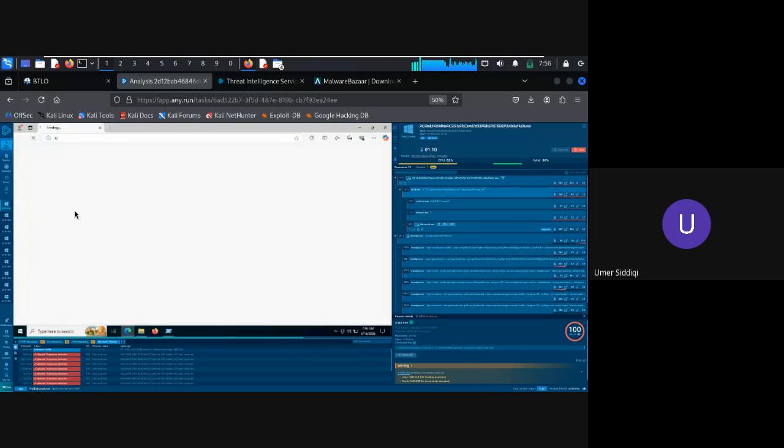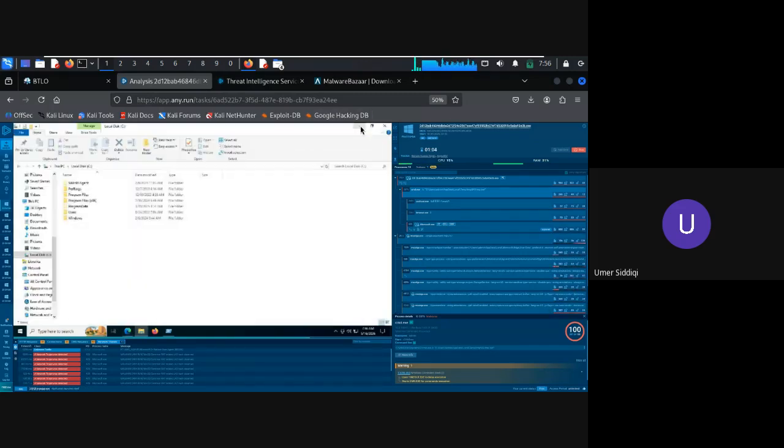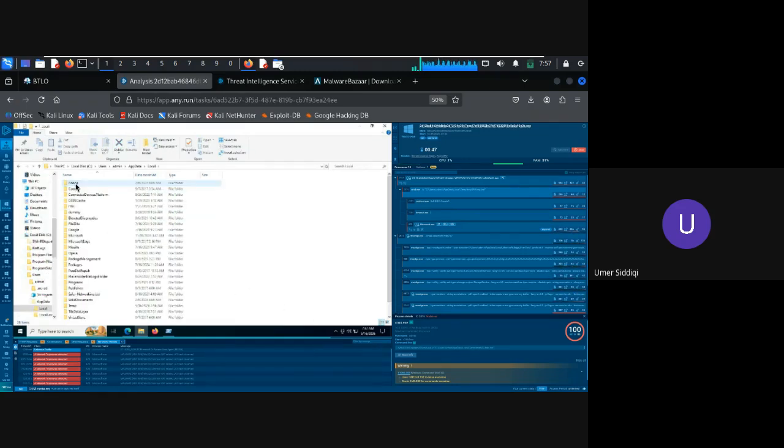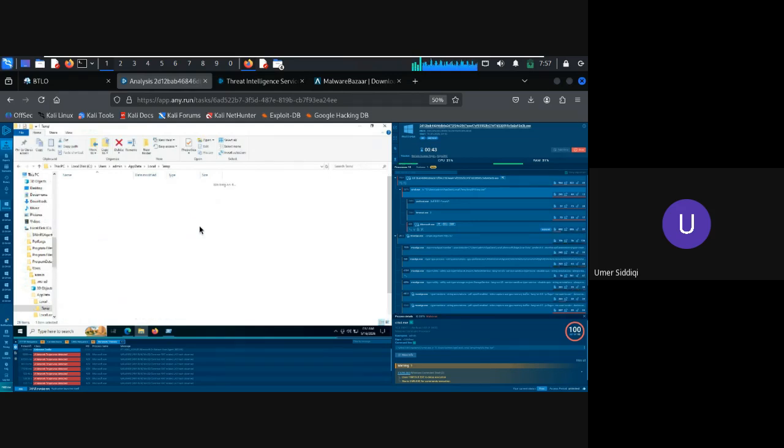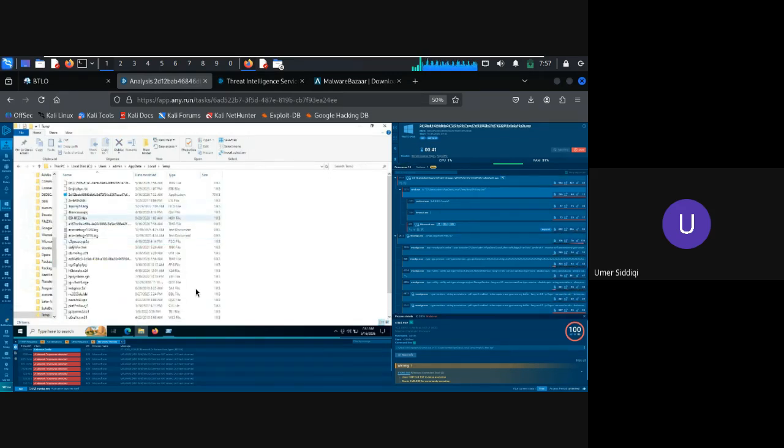See, and then users, and admin, and then app data, and then it says local, and then temp. And under temp we need to find